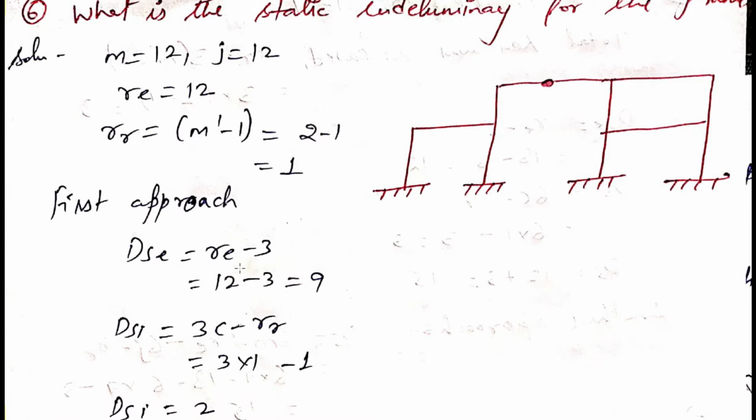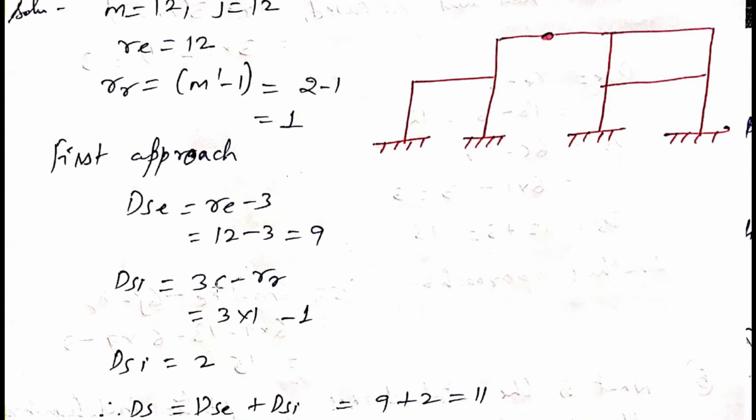So DSE is equal to RE minus 3. We know RE is the 12 support reactions, and 3 is the static equilibrium conditions we have. So 12 minus 3 is 9. So DSE is equal to 9, and DSI can be calculated as 3C minus RR, where C is the